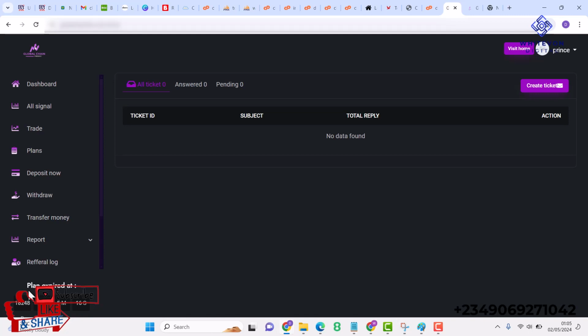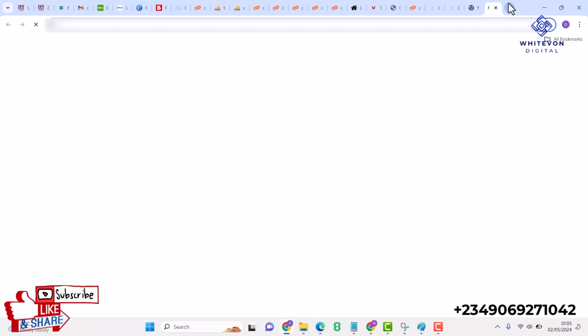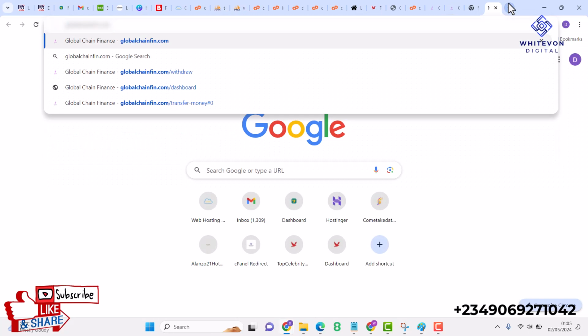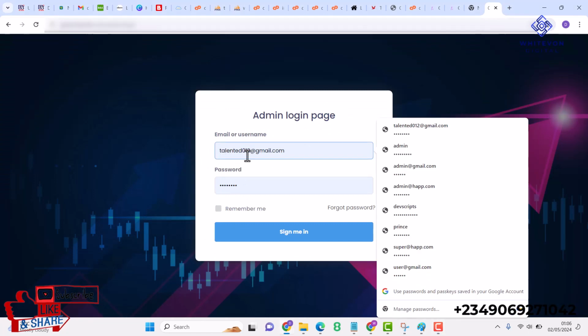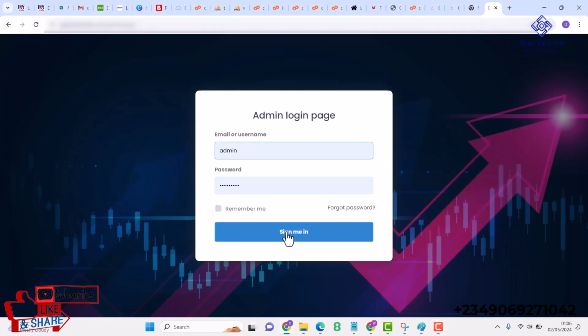So this is basically how the user's interface looks like. Let's go ahead and see how the admin interface looks like. Very powerful admin dashboard and so on. I'm just going to go to a new tab and then type my domain URL and then put /admin, guys. So guys, here we have the admin interface. I'm just going to put my admin details and then put my password and then go ahead and hit